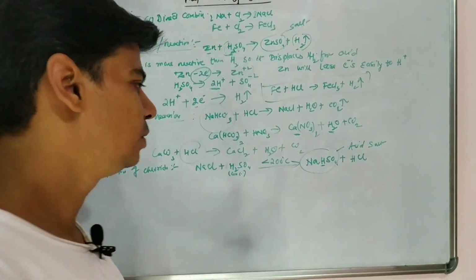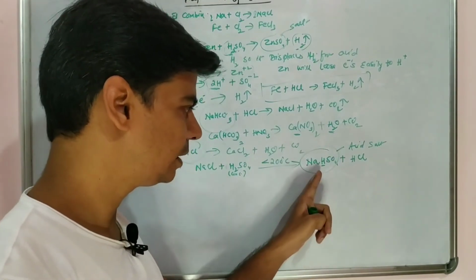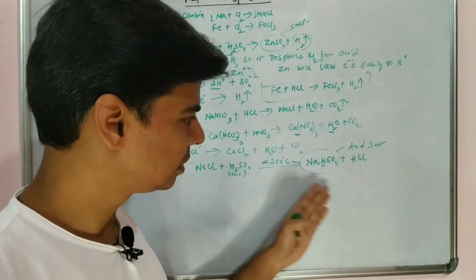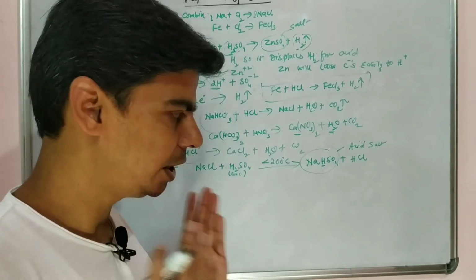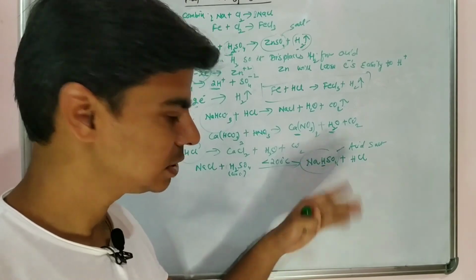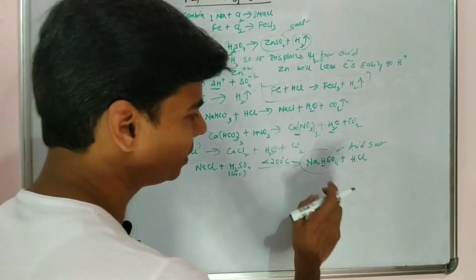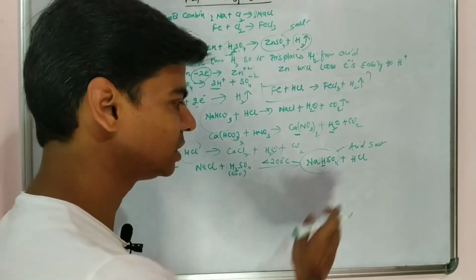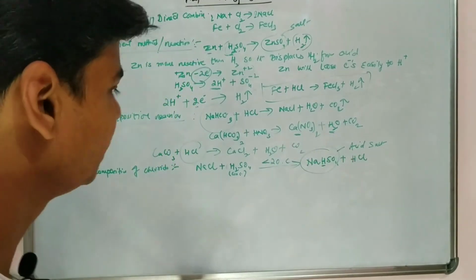That is, in solution, this salt will furnish this hydrogen atom, or liberate it in the form of a hydrogen ion. And since it releases hydrogen in the form of hydrogen ions, it behaves similarly to acids, since acids also release hydrogen ions in solution. So this behaves like acids, and it has the properties of acids.